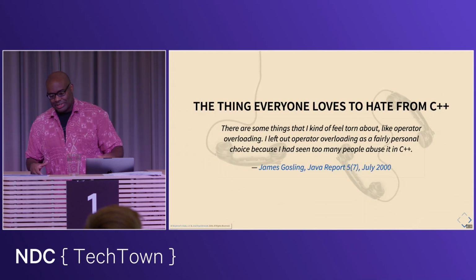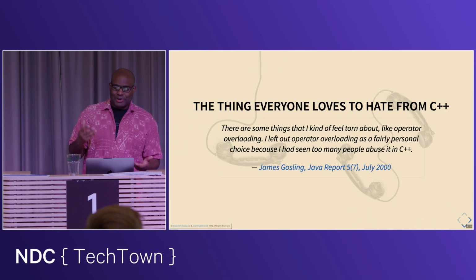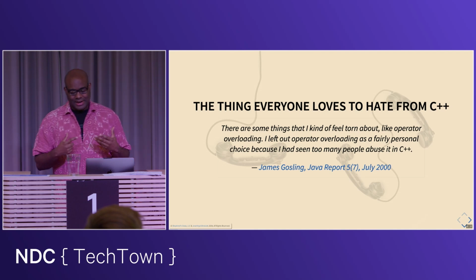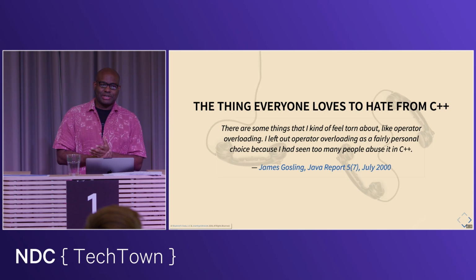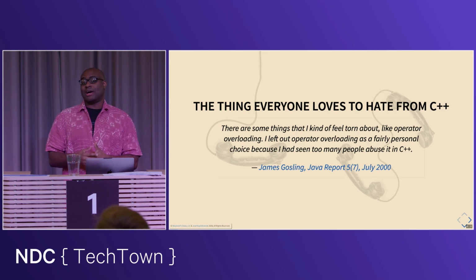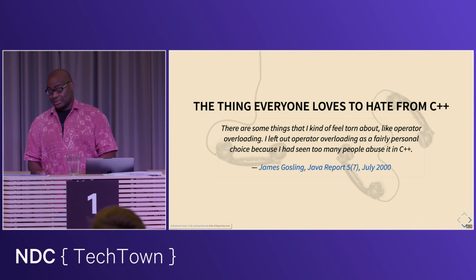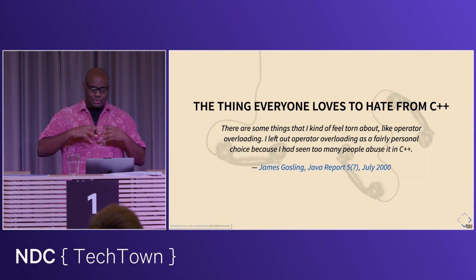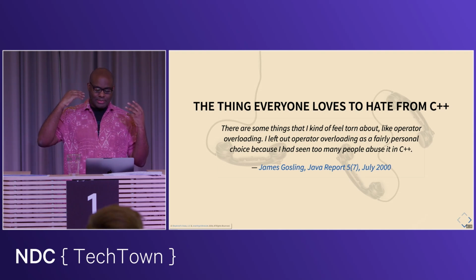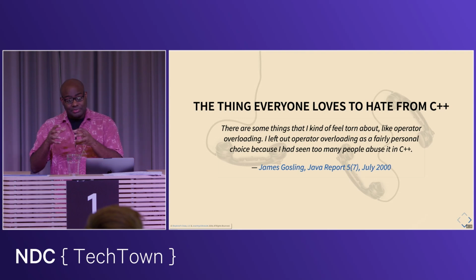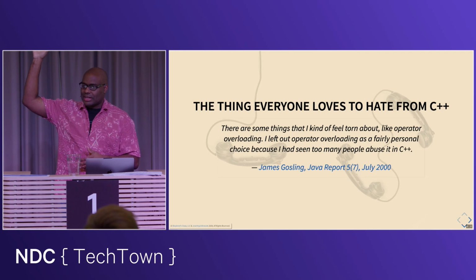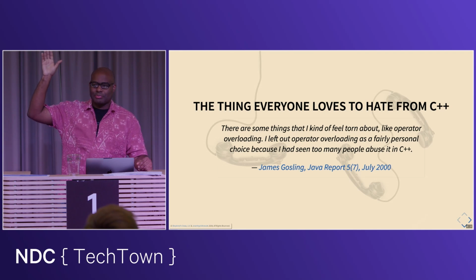Specifically, the situation I want to elucidate is that operators are this thing that everybody loves to hate from C, right? Everybody loves to beat on it. It's so infamous that James Gosling, when he was making Java, was like, yeah, no, it's going to be over my dead body if you ever think we're going to put operators in this language, right? And so he made the very personal choice of not including operators in Java because he had seen too much abuse of it in C++. And who here has had to deal with abuse of operators and had to work in a code base where somebody made a DSL out of macros or whatever, and it's